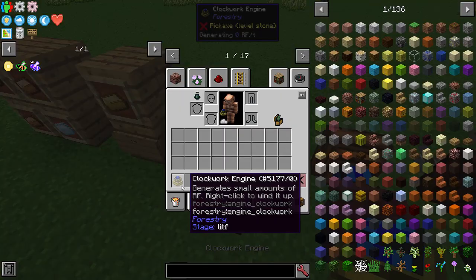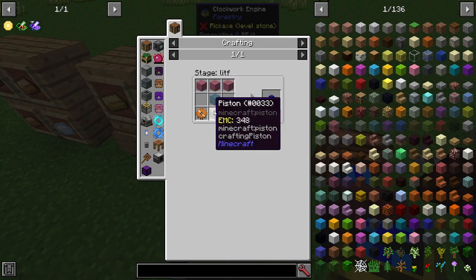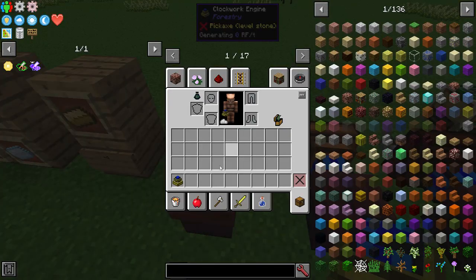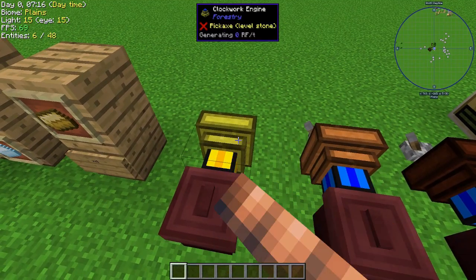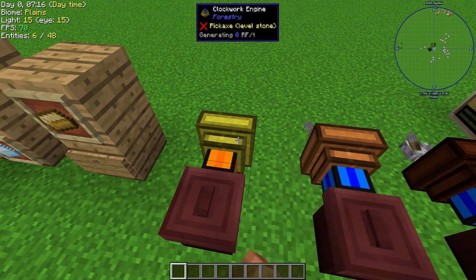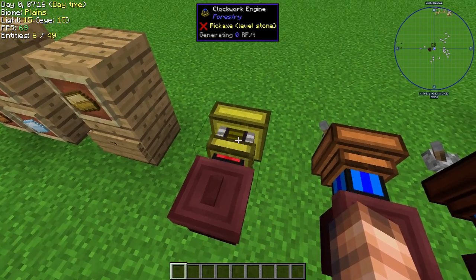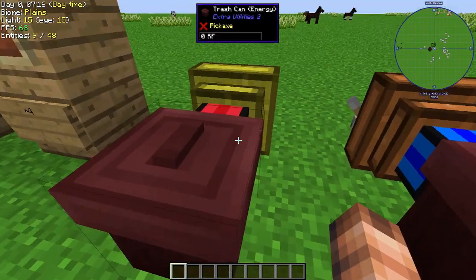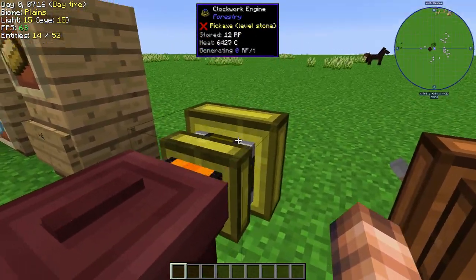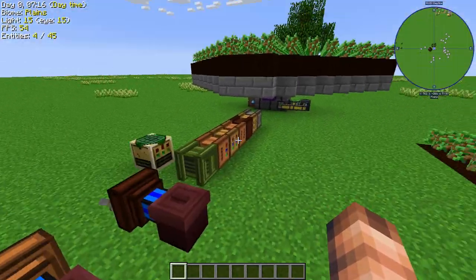The next thing you need to make is this Clockwork Engine, which is made like so. This is the default recipe. This just produces power, and all you have to do is you just right click it until it gets to now, and then you have to stop. If you go any further than that, you will start taking damage, so don't right click it any further than that. And then this thing makes a basic amount of power, which will power most of these